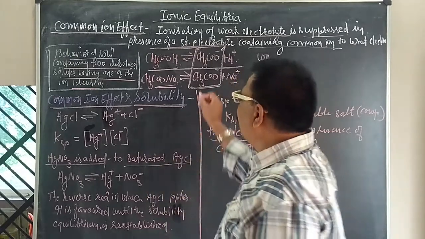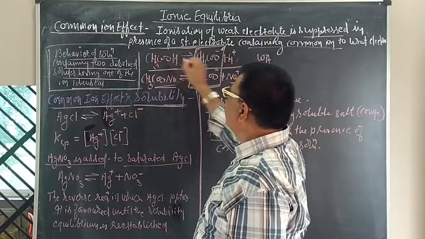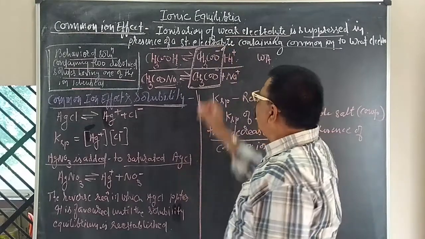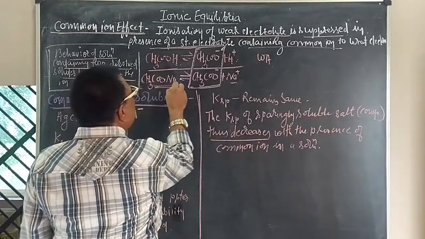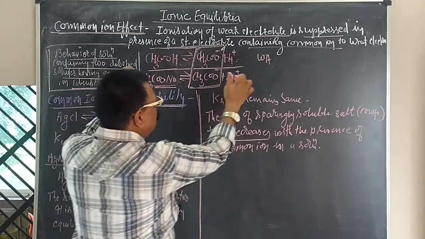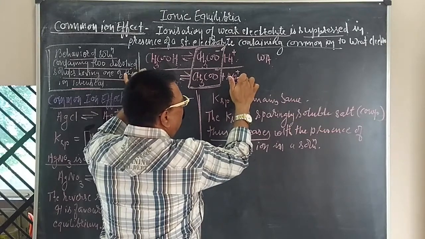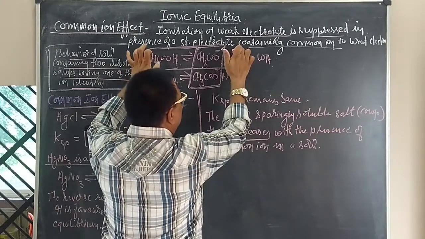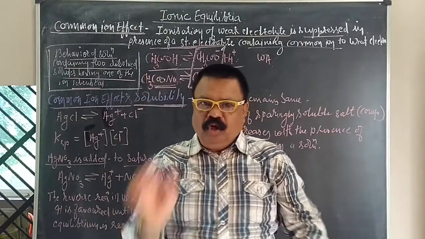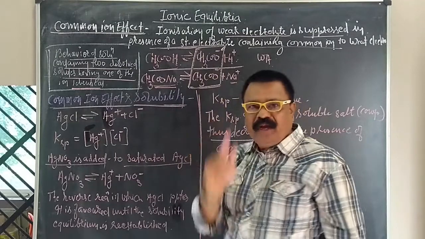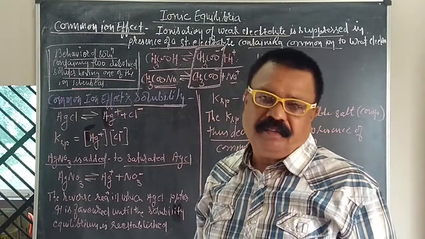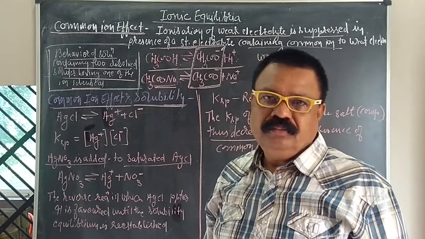Clear? तो यहाँ पे अगर हम लोग बात करें CH3COOH, acetic acid, that gets converted into the acetate ion along with the hydrogen ion, and the sodium acetate will be dissociated into the acetate ion along with the sodium ion. So in presence of this sodium acetate, बराबर, the ionization of this acetic acid is suppressed due to the common ion acetate. That is known as the common ion effect. उसी को कहा जाता है common ion effect. क्लियर?